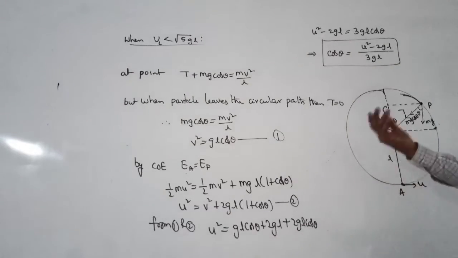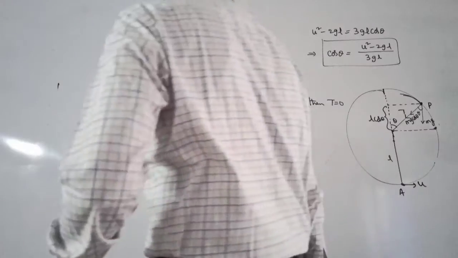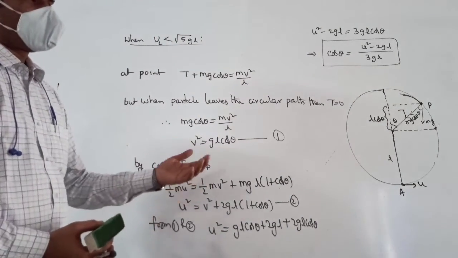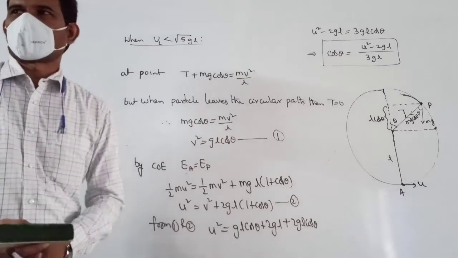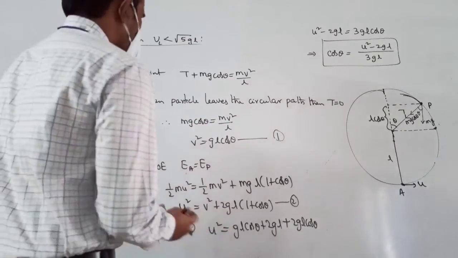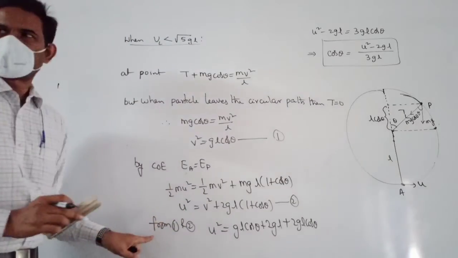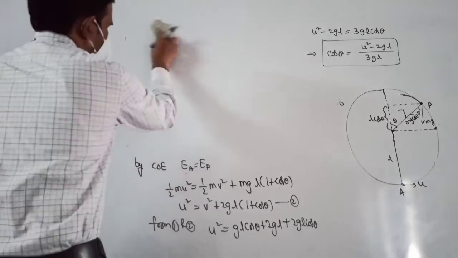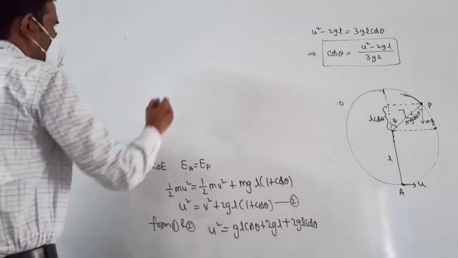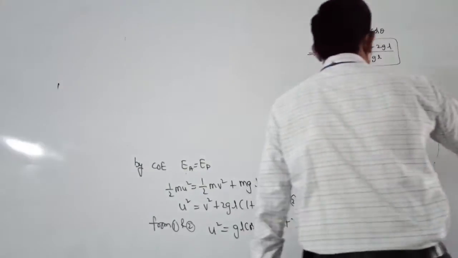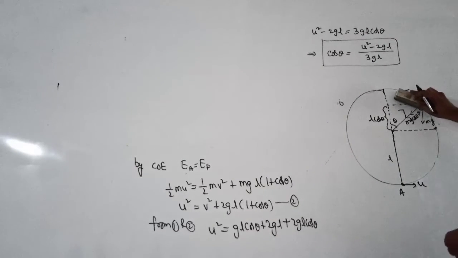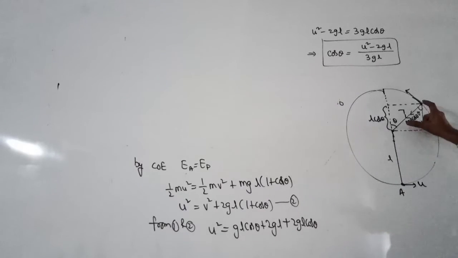And then after this, the motion of the object is like a projectile only. So after this instant, here the velocity will be along this tangential direction. That is nothing but the case we mentioned here: tension will become 0 before velocity. That means tension is 0 at this instant, but velocity is not equal to 0 in that case, right? So now it has some velocity along this tangential direction.